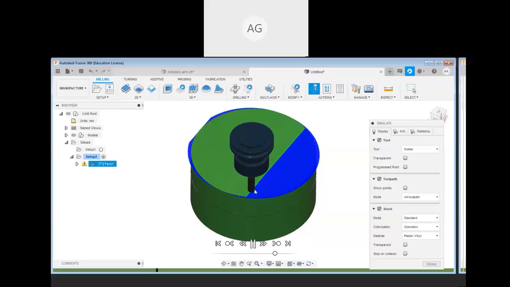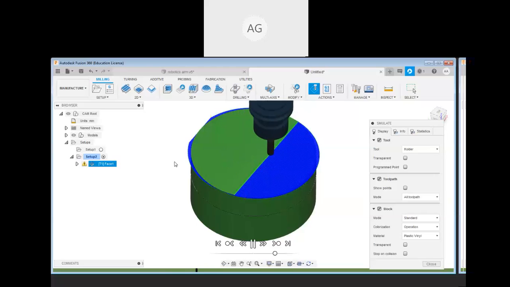So here we are doing simulation of face milling right now. It is also telling you that your tool is not competent. You can change your tool. So you can select your tool and tool holder according to your available tools, or you can feed or customize a tool also here if you are going to use it. Okay, so that you can see here in a very simple way.